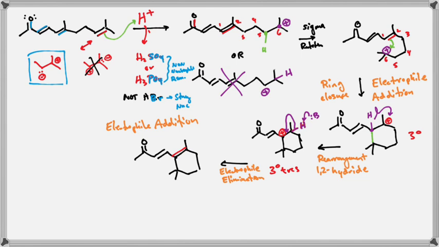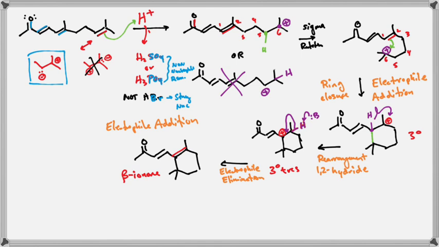Yay, we're done. No, we're not. This structure is what is known as beta ionone. I do not know why they call them alpha, beta, and gamma. For the record, I thought I had an idea and I was proven wrong. So we do have different ionones, and those ionones all are the result of an electrophile elimination, but that sets us up with a bit of